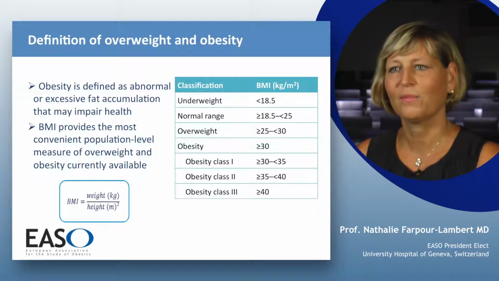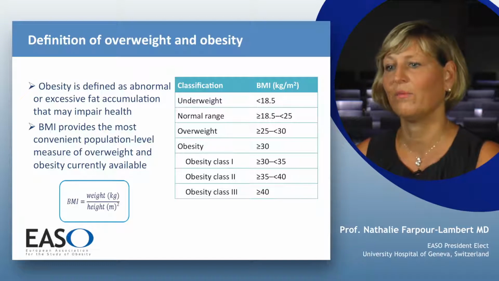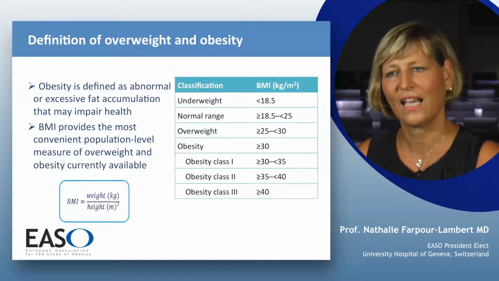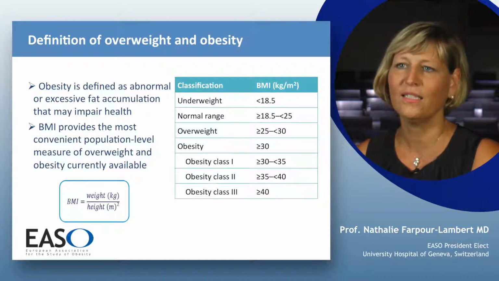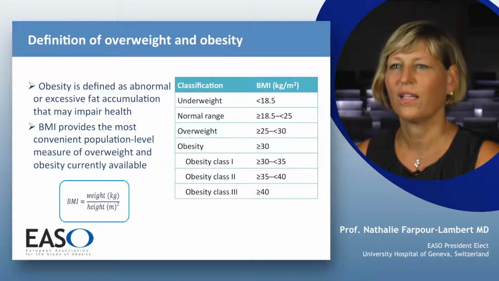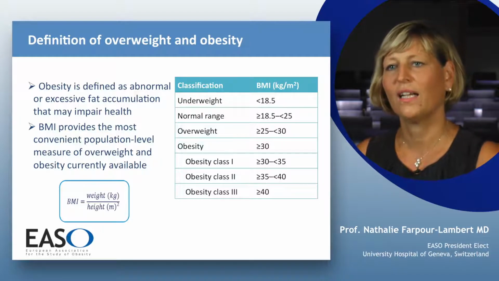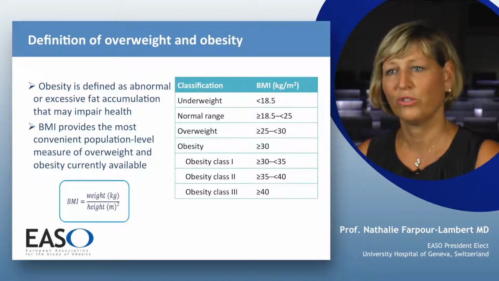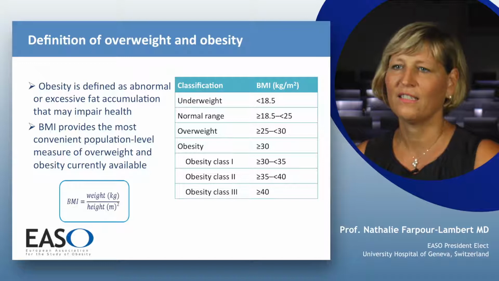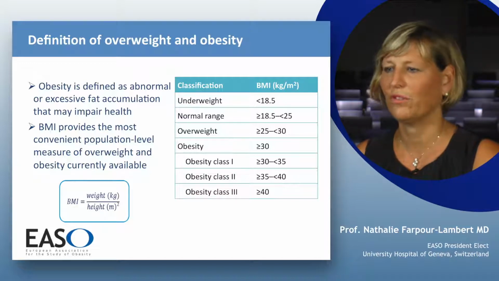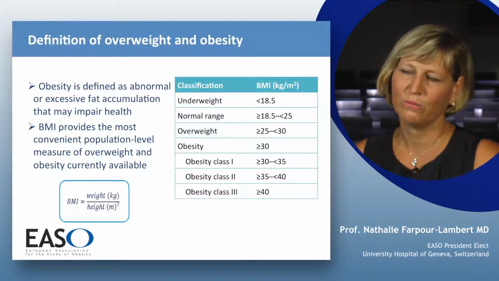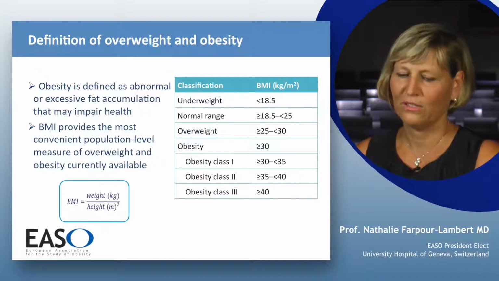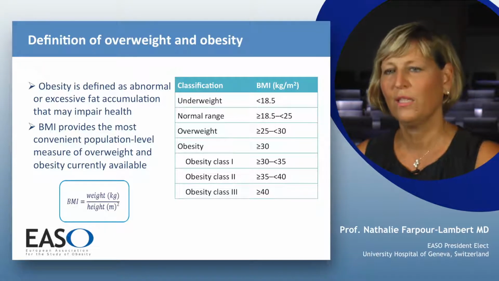The body mass index provides the most convenient population-level measure of overweight and obesity currently available. The body mass index is calculated as weight divided by height squared in meters. Overweight is usually defined as a BMI over 25, obesity as a BMI over 30, and then obesity is classified in three different categories. A BMI between 30 and 35 is grade 1, between 35 and 40, grade 2, and over 40